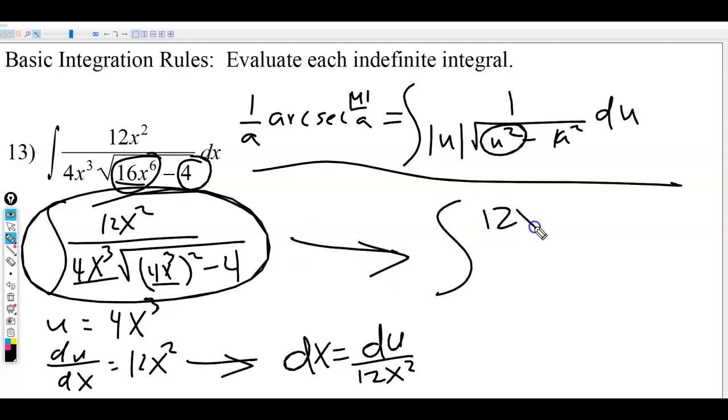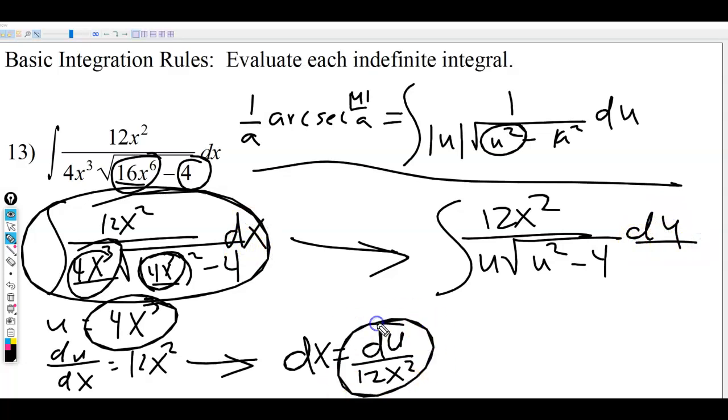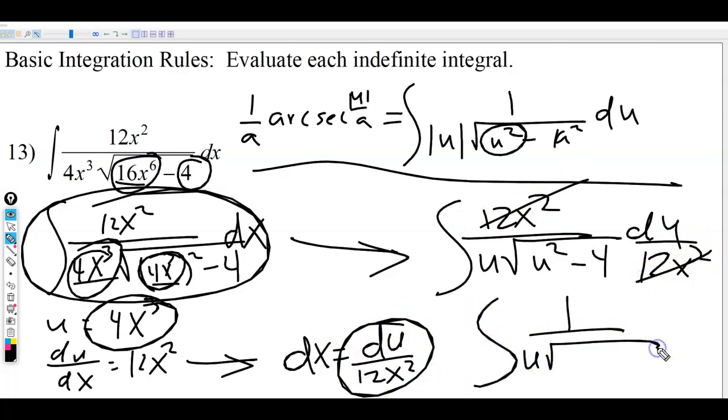We have 12x squared over, that's a u, isn't it? U is 4x cubed, so I'm going to put a u right there. And then we have another u minus 4. We're also going to replace the dx, which I should have written earlier, with du over 12x squared. And the 12x squares just go away. And lo and behold, we have our little formula here